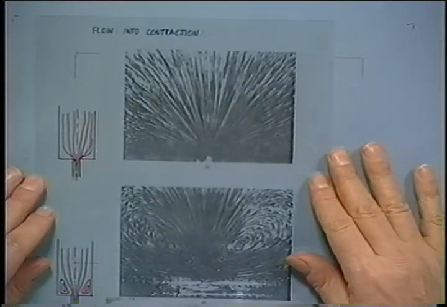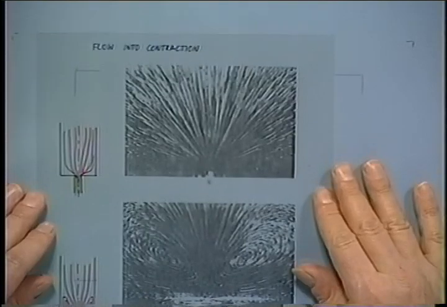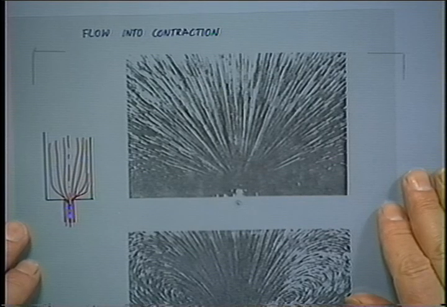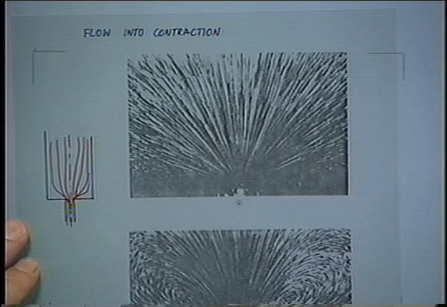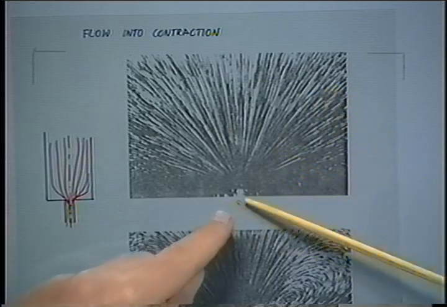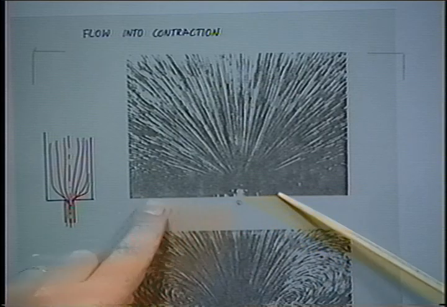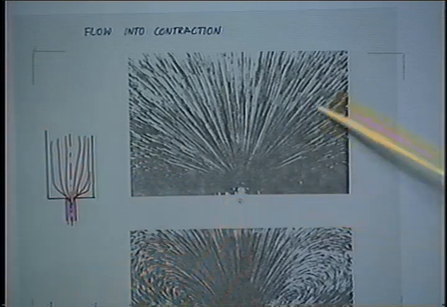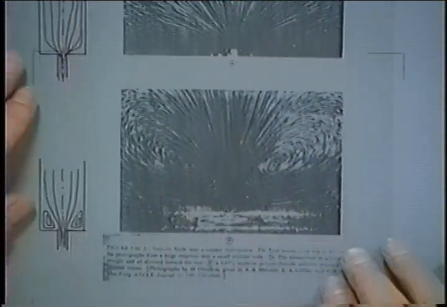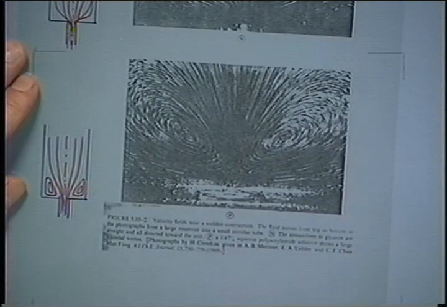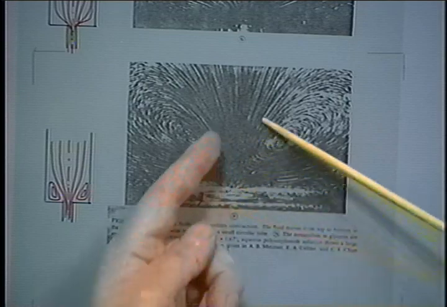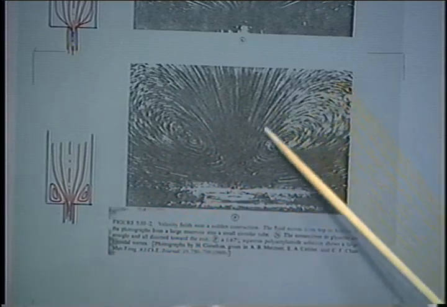Let's just look at the entrance region of that system. I don't know whether you can see that. These are pictures by Giesecke, I think, but others did similar experiments. For Newtonian liquid, this is not a gradual contraction; it's flow coming in from all sides into an orifice, and this is linear. But when you add a little bit of polymer, the flow geometry changes completely. There's a small region where all the flow goes down into the orifice, and then there are vortices